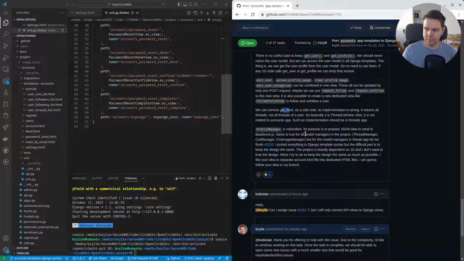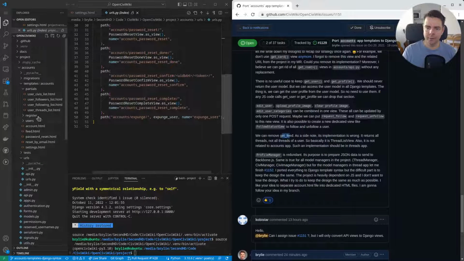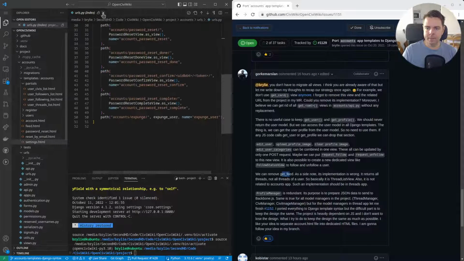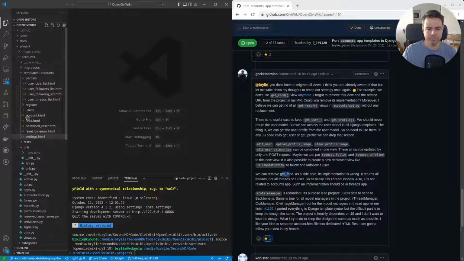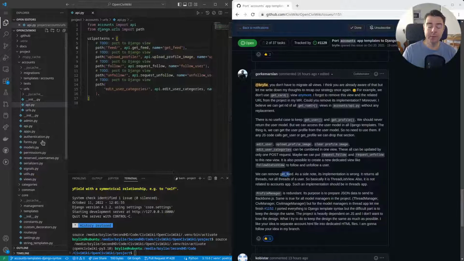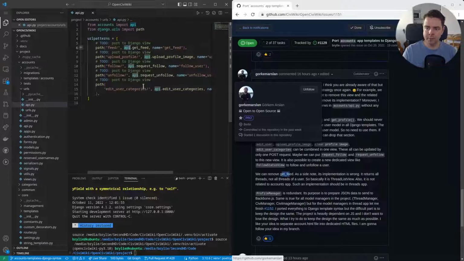Okay, so top to bottom. Here we go. So going to close everything. And we're going to look at the URLs. So now we have two sets of URLs, API URLs for hosting REST endpoints, and URLs that are the main Django ones. We're deprecating the REST API in this project. For now, if it becomes a crucial issue, we can reevaluate the need for REST. But again, we're really getting back to the basics here. So API get feed. I'm just going to remove all these get